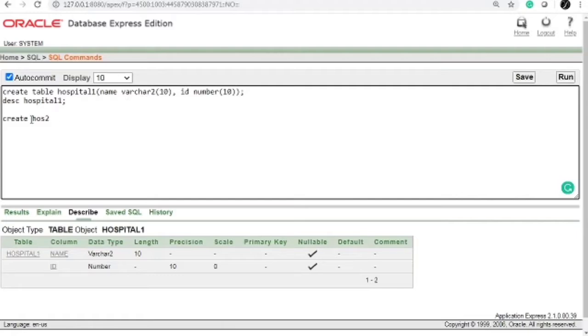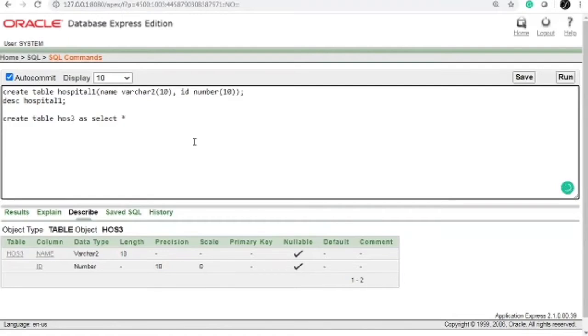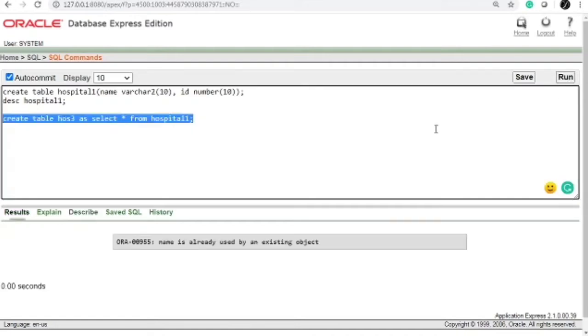We can get that like this: select star from hospital 1. So I just want to execute this. The name is already created, so we will see this.